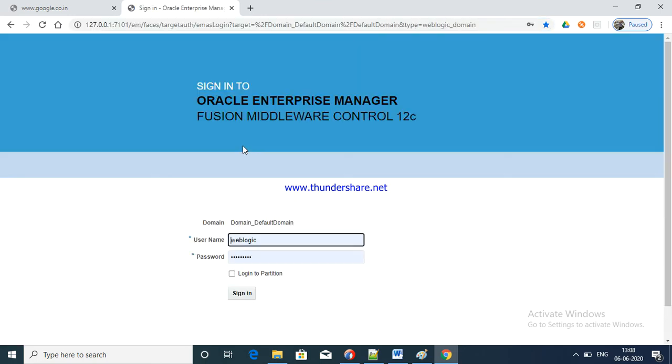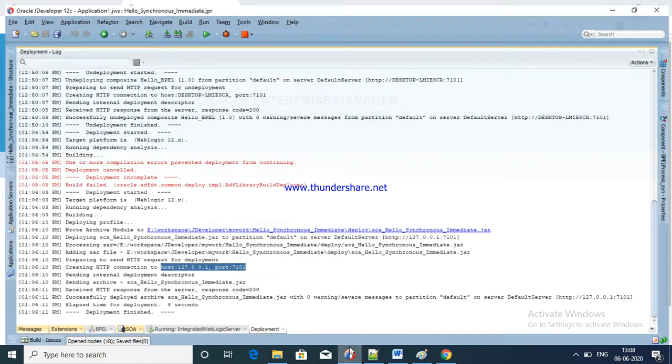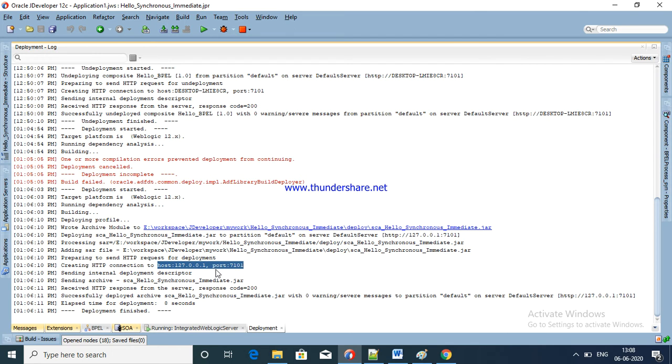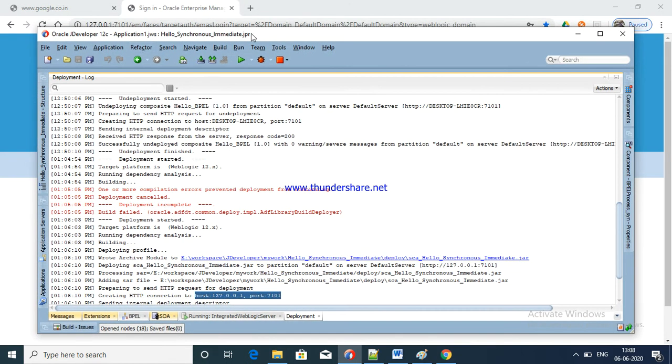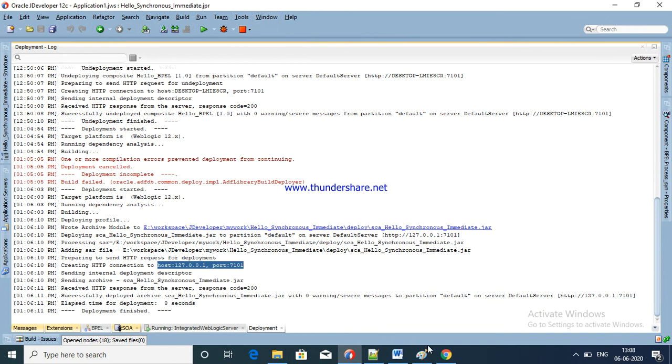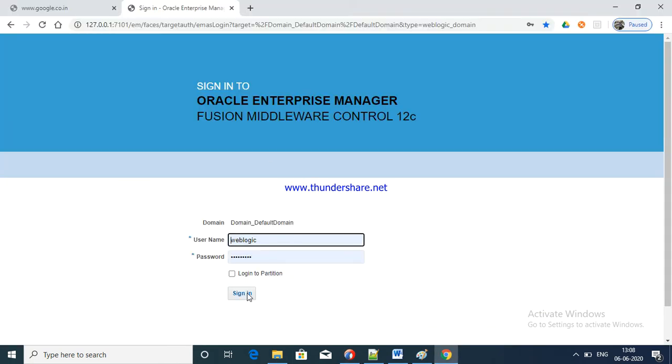Now /em, just give the port here, you can check the same host and port. In the same way we give host and port with em. Now, at WebLogic server creation time I gave my username and password, weblogic and weblogic1.